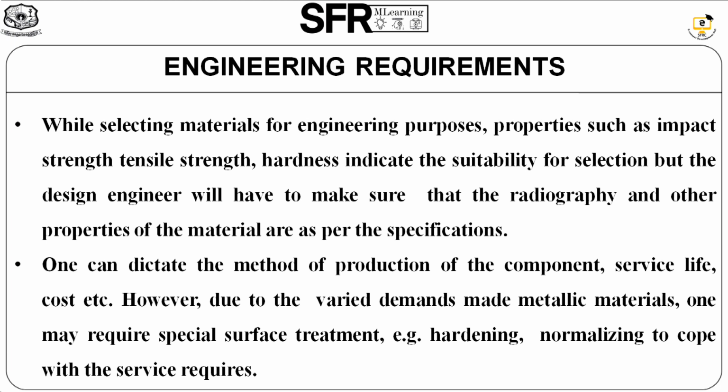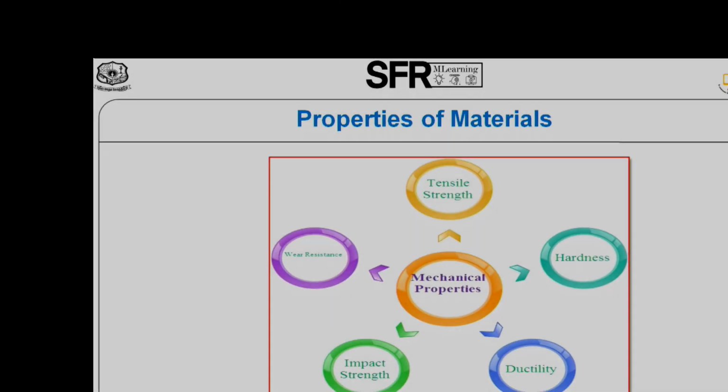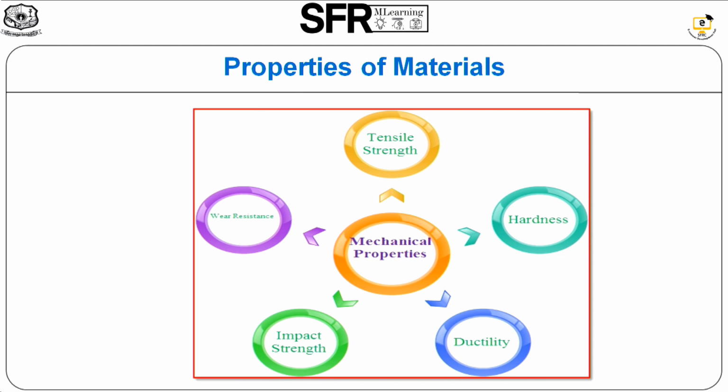Thus, before selecting a material or designing a component, it is essential to understand the requirements of the process thoroughly: operating limitations like hazardous or non-hazardous conditions, continuous or non-continuous operation, availability of raw materials as well as spares, availability of alternate materials, lifespan of the instrument or equipment, cost, etc. So, different materials possess different properties to meet the various requirements for engineering purposes. And next we are going to discuss the properties of the materials.